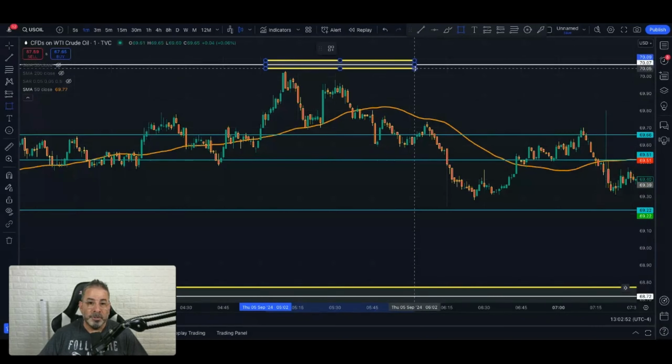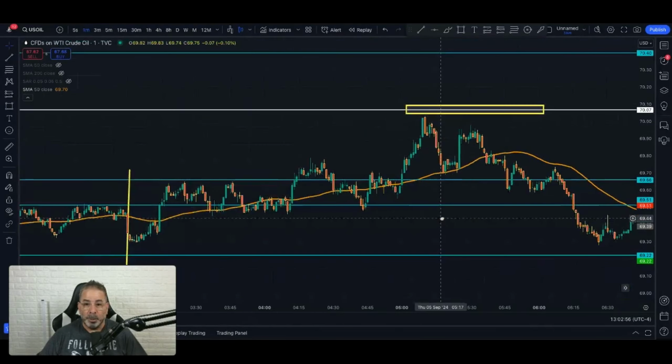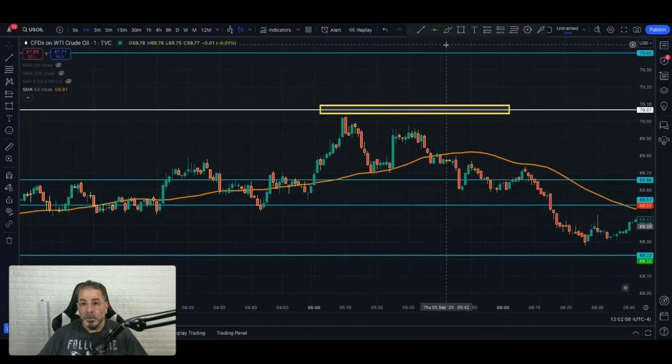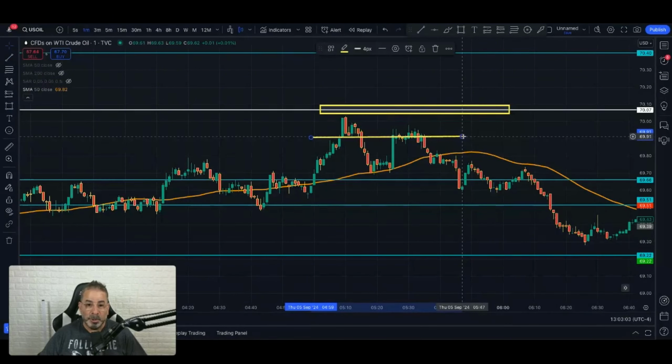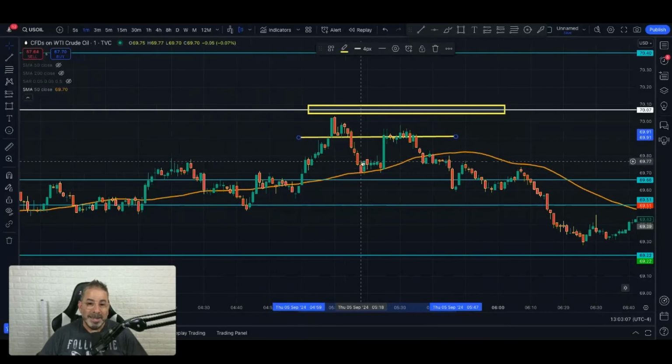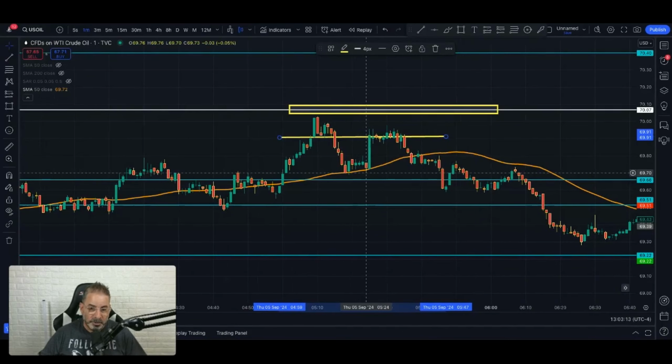You put some support and resistance because you know your white line is your 1 hour time frame support and resistance, right? So you can just easily say, okay, I need a closure below that last green candle. There's your closure, and you run down. What does it do? It hit the 50 MA. That's usually your exit, because the 50 MA works a little bit as support and resistance, okay?